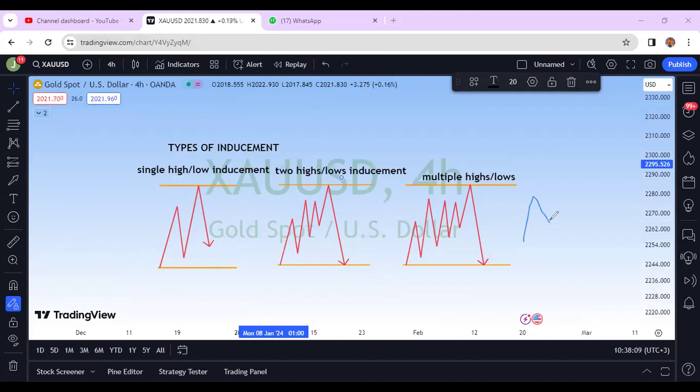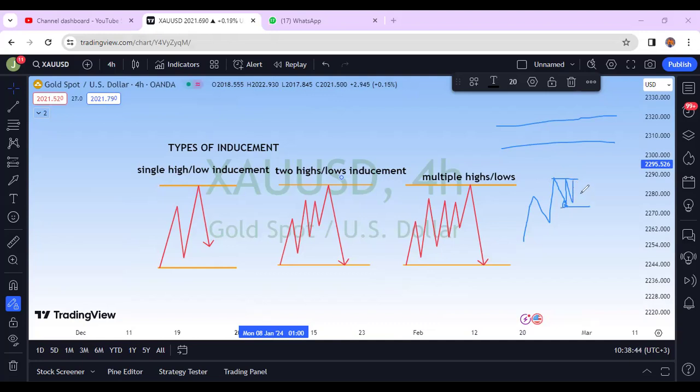So we have the market proceeding before getting to the point of interest, assuming we have our point of interest there, or the actual selling point, in case this is a buying market. So the market will come back to this point and react again from this point. But we have an exception that the market should not take this point out. If it takes that point out, there is a probability that this is a strong point and the market might continue downwards. We want to see the market bouncing from the high and then pushing again towards the high without